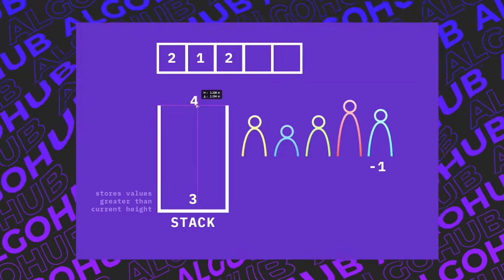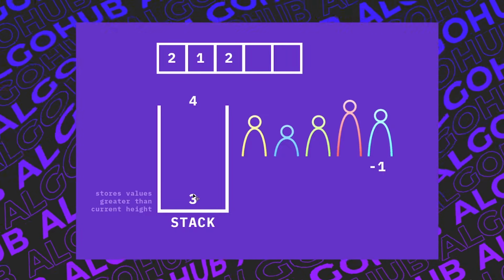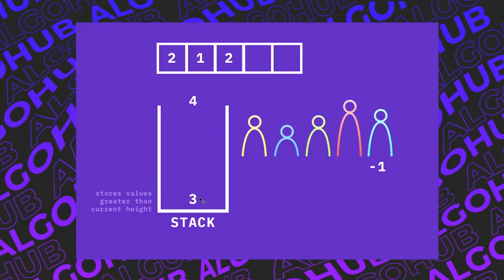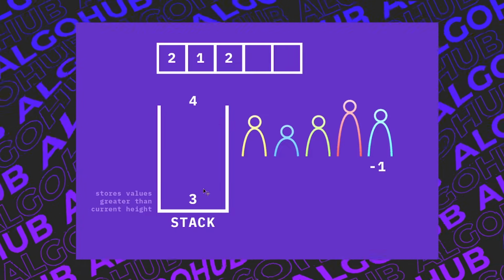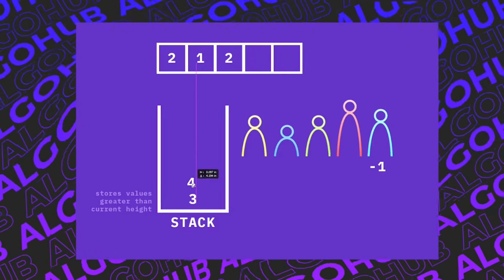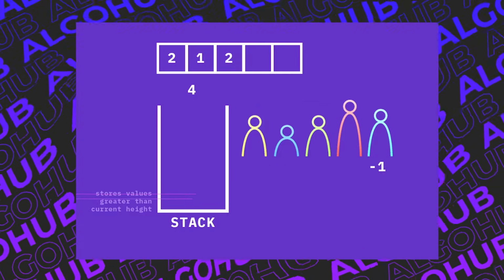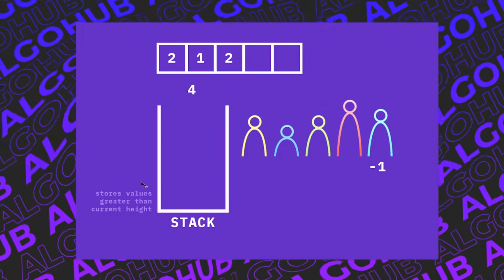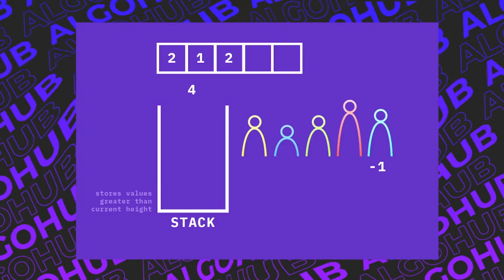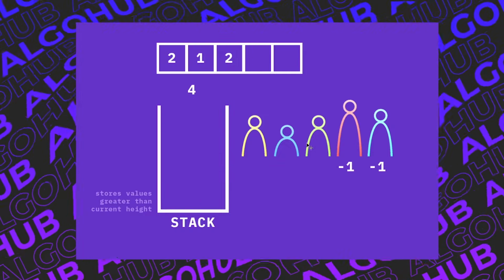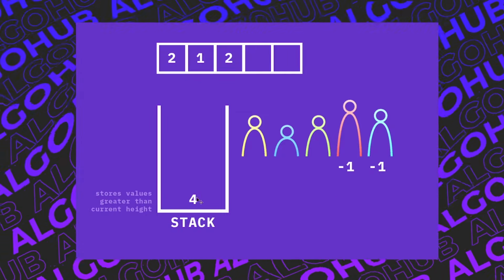Next, let's deal with this number 4. And this 4 pertains to this red person here. If we were trying to put in this 4 here, we're trying to maintain a monotonically decreasing stack, meaning the smaller elements are at the top and the larger elements are at the bottom. If we were trying to put this 4 into here, that would break our invariant. So what we need to do is take this 3 out, and then finally, we see that the stack is empty, meaning that nothing is greater than this 4 on the right side. So put the -1 here, meaning that nothing to the right is greater than this 4. So let's put this 4 into our monotonic stack.